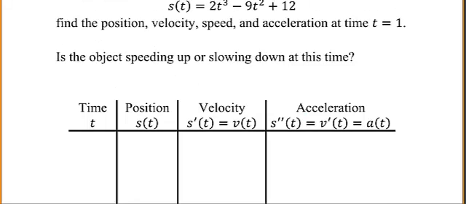All right, well, let's see. Just do it for an arbitrary t to start with. The position function is 2t to the third minus 9t squared plus 12. The velocity is the derivative of the position function, so that's going to be 6t squared minus 18t. And the acceleration function is the derivative of the velocity function, so that's going to be 12t minus 18. At time t is equal to 1,